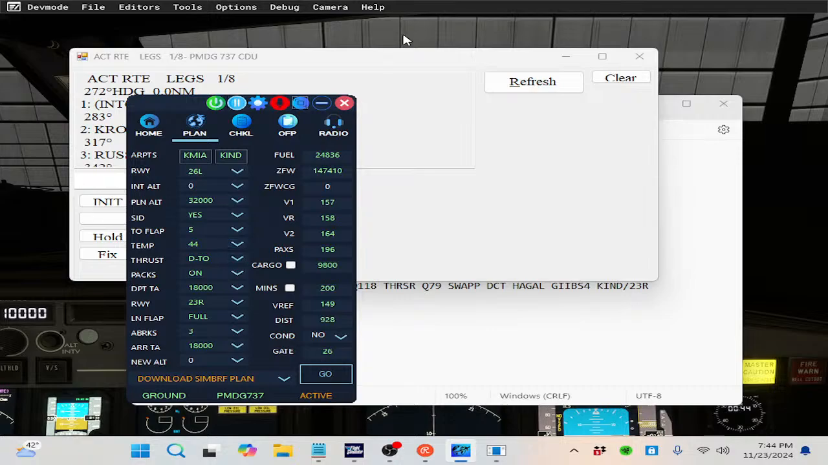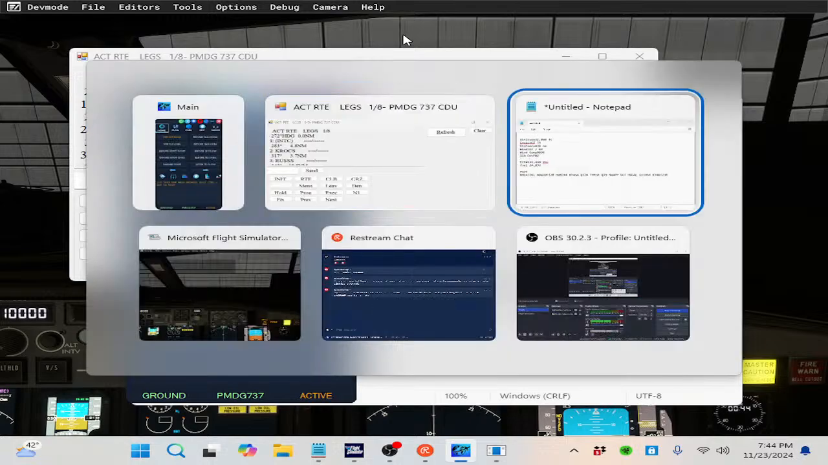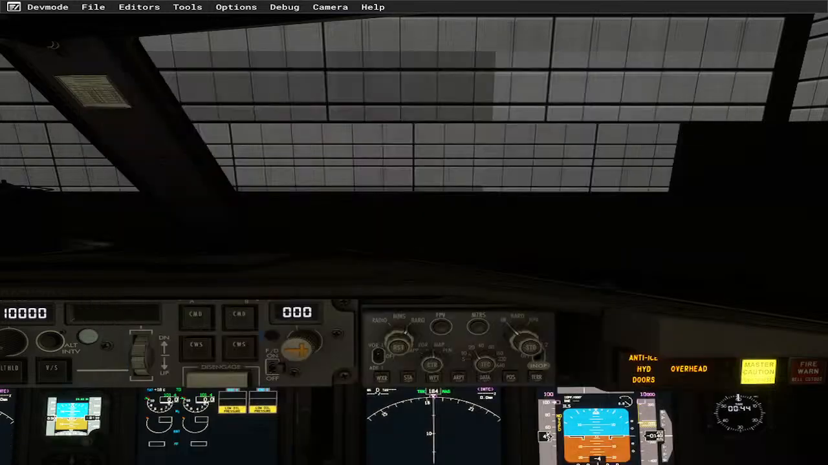Pause button. Mid button. Reduce size button. Minimize button. Exit button. Configuration options button. Home button. Plan page button. Home button pressed. All right, we'll hit home. Act RTE 1/8 700 star untitled book. Microsoft Flight Simulator 1. All right, so we got everything in there